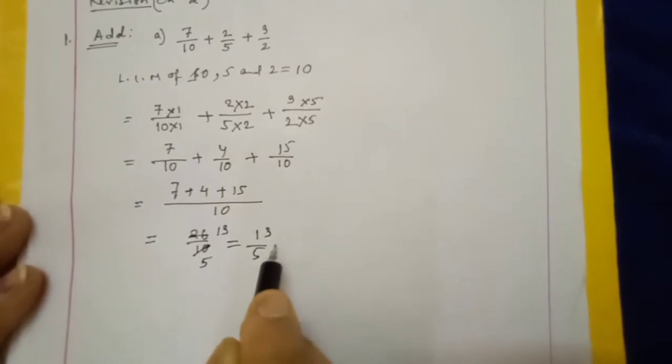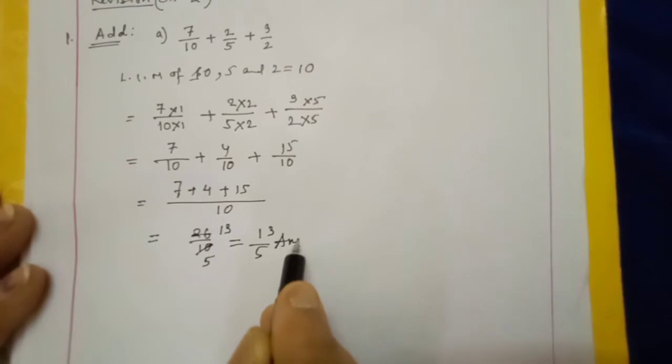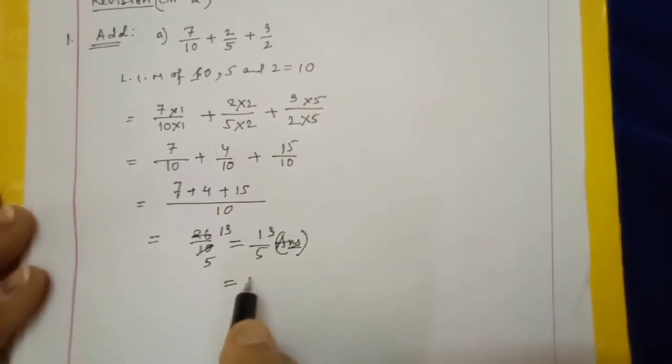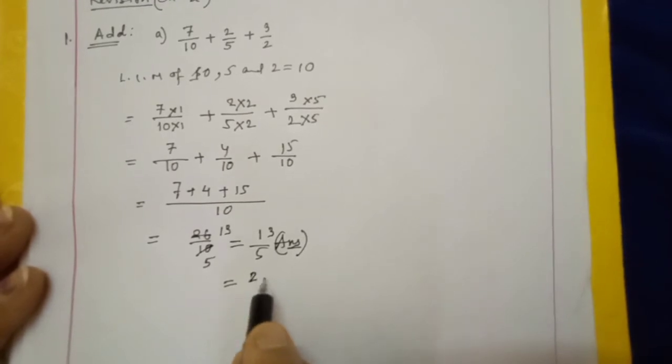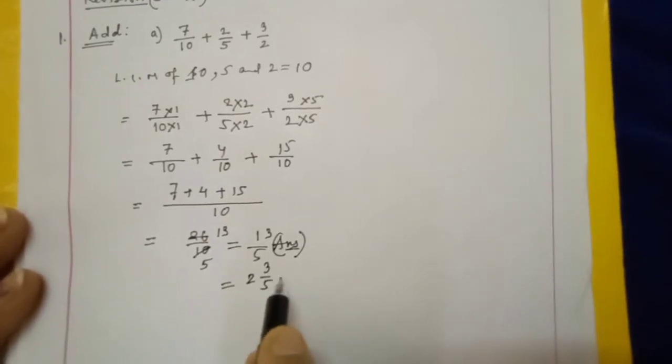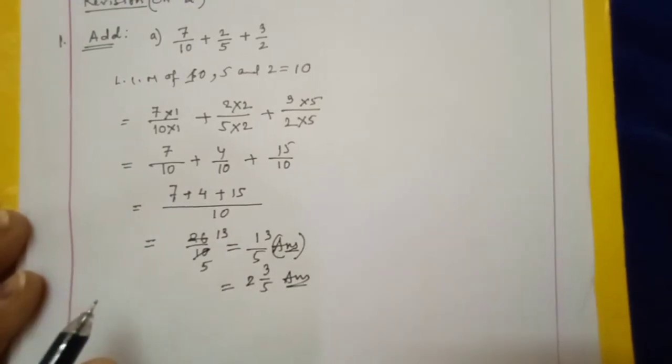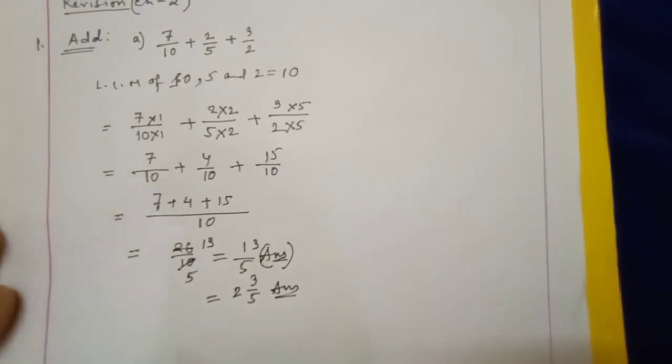You can leave the answer here also, or because it is still an improper fraction, you can give the answer as 2 whole, 3 by 5, since 5 2s are 10. In this way also you can give the answer. Both the answers are correct. It is your choice. Next, the next sum is